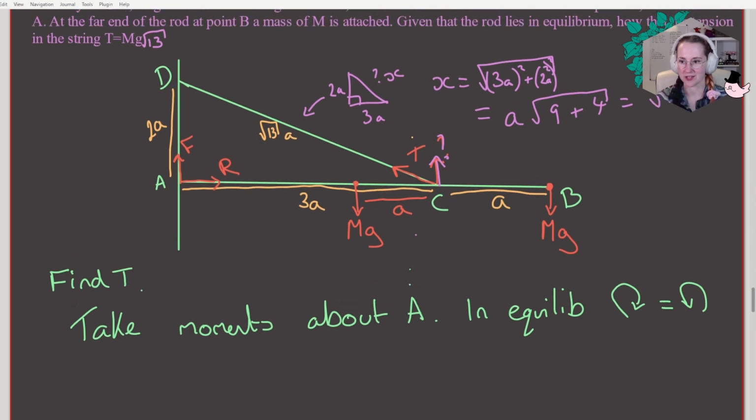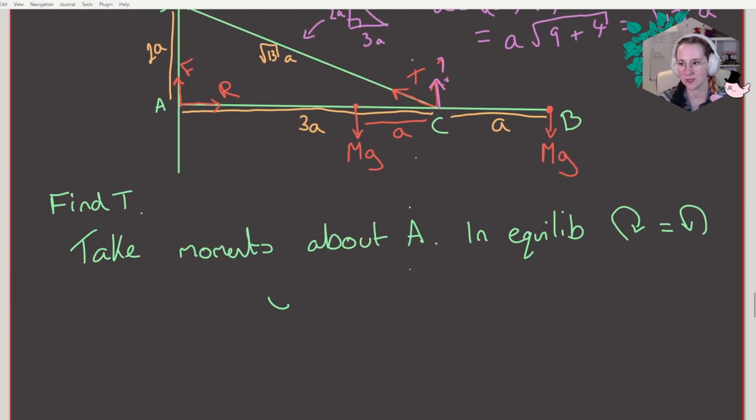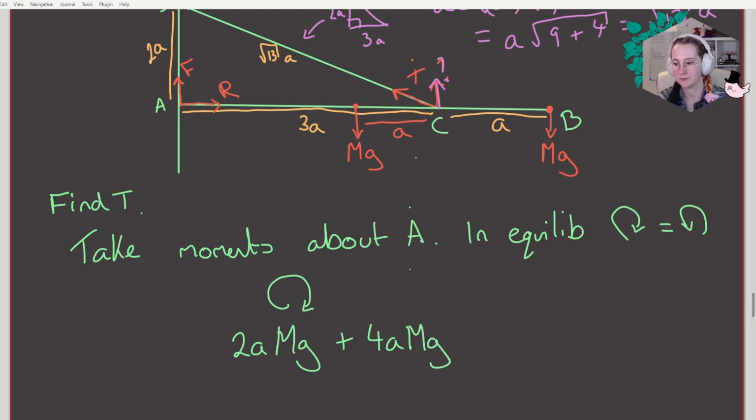So we can set them equal to each other. Looking at moments that work in the clockwise direction from A, everything that pushes the rod downwards from A. The center of mass is 2A away from A, times mg, which is our force downwards. And then we have a mass at the end of the rod, which is 4A, the full length of the rod away, and again times mg. And that's going to be equal to our